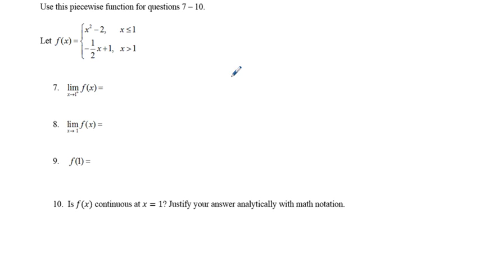Next on the second page, use this piecewise function for questions 7 through 10. And we have let f of x equals x squared minus 2 when x is less than or equal to 1, and negative 1/2 x plus 1 when x is greater than 1. And so the first one we have here is find the limit as x approaches 1 from the plus side of f of x equals, well, we're just going to plug in 1 here. So we're going to have negative 1/2